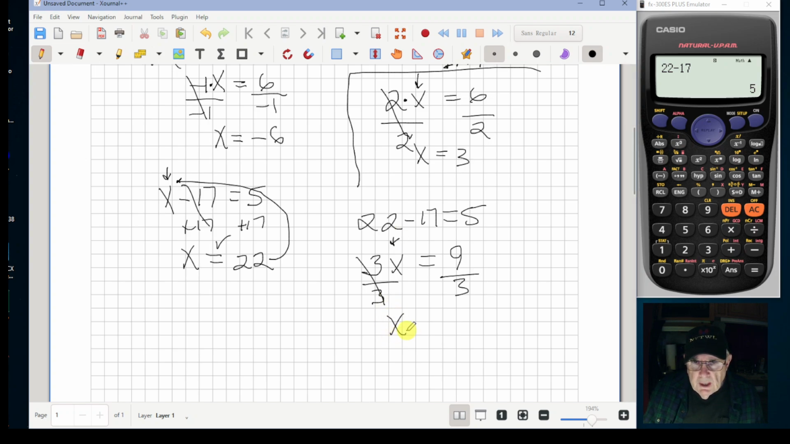So x then is equal to 9 divided by 3, or 3. And if I put that back in the equation, 3 times 3 equal to 9. Well, 3 times 3 is 9, and 9 does equal 9. So yes,